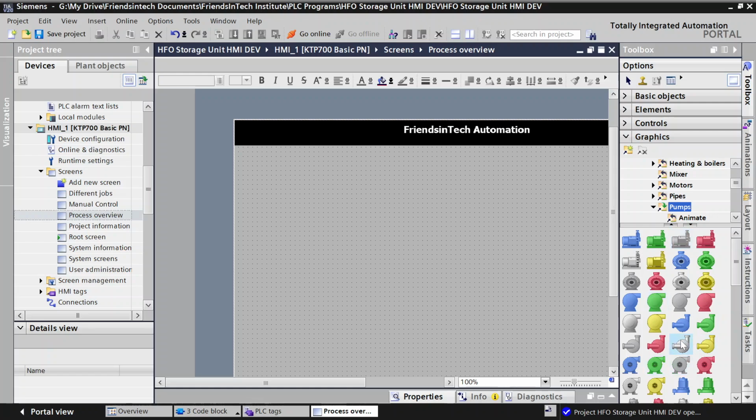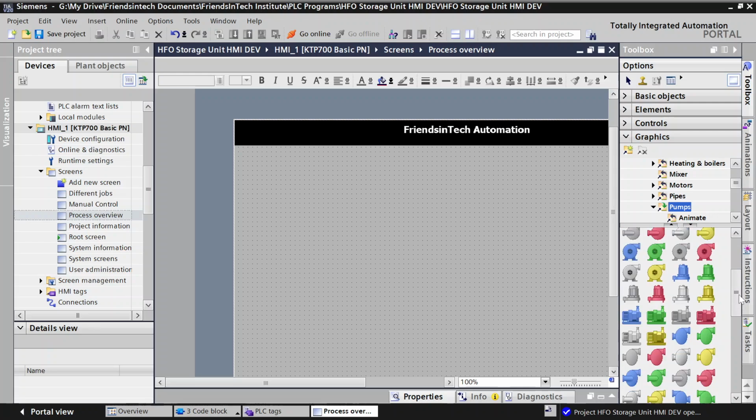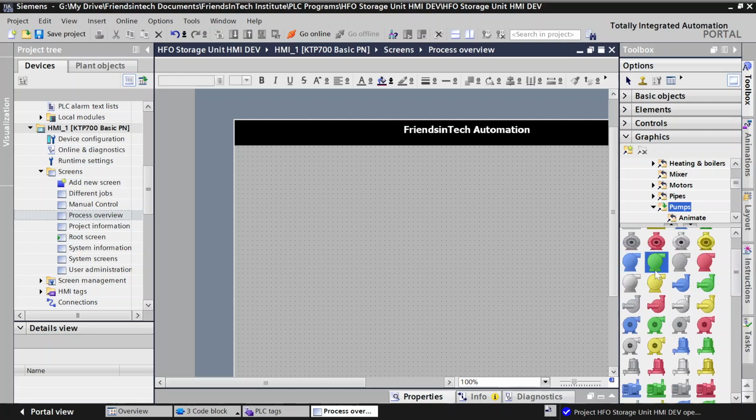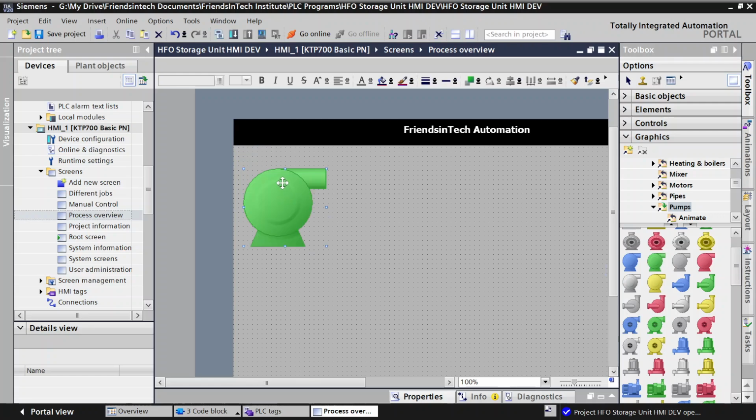You have pumps here, and we can decide to use this here. So it depends on you. You are the designer anyway. So you can decide what pump to use. So I just go with a simple one here, this here. Just drag and drop here. That's it. So this is the first pump here, and you can always resize this the way you want it. That's it. So that's how you add these graphics, and we can place it up there. That's it. We can just minimize this,